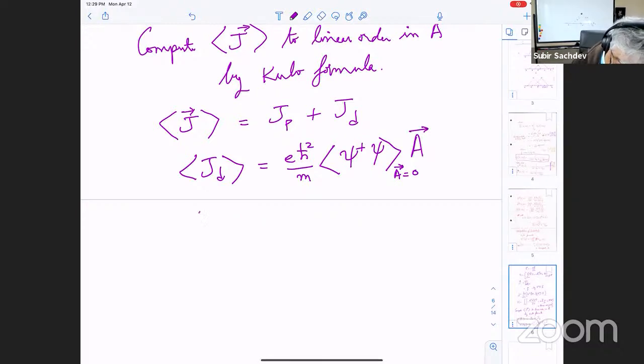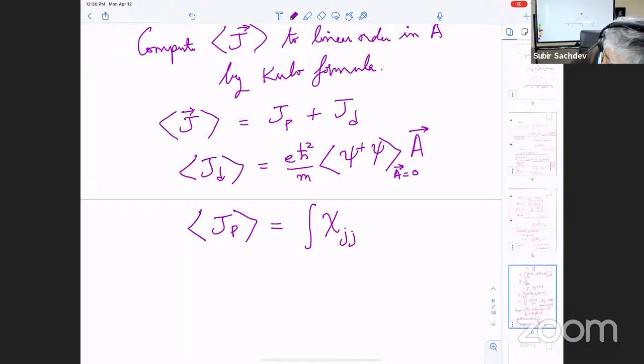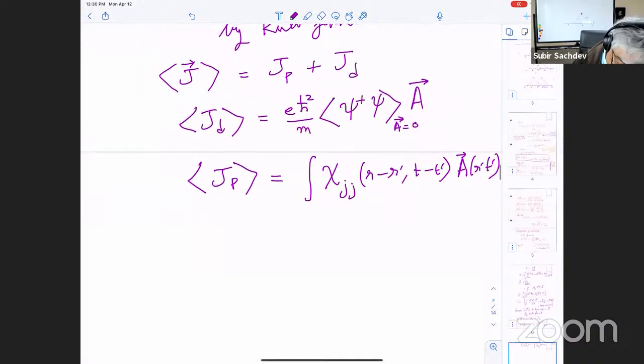And what's the paramagnetic response? Well, the paramagnetic response will be given by the Kubo formula. It'll be given by an integral over some response function. I'll call it chi jj of r minus r prime, t minus t prime, times A of r prime t prime, where chi jj is the Kubo formula expression,